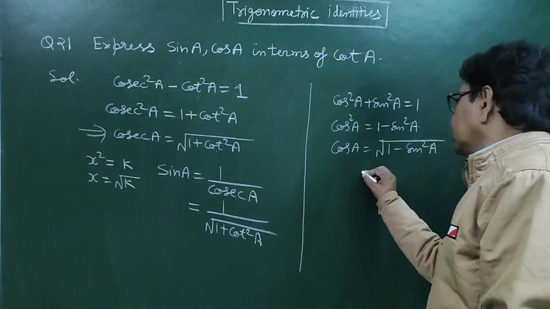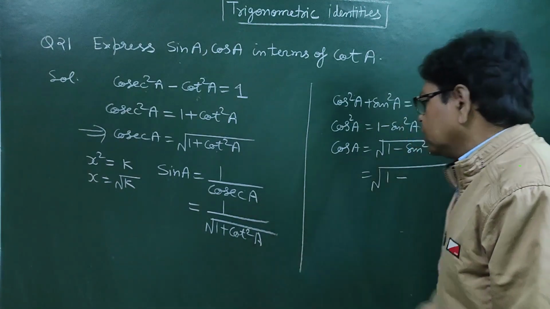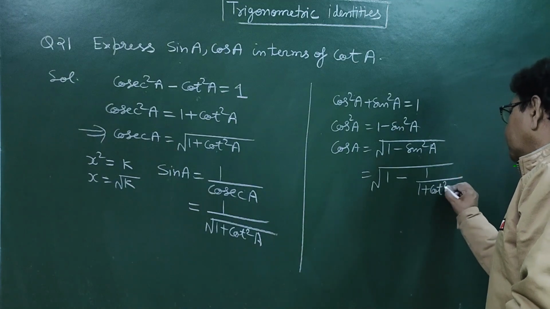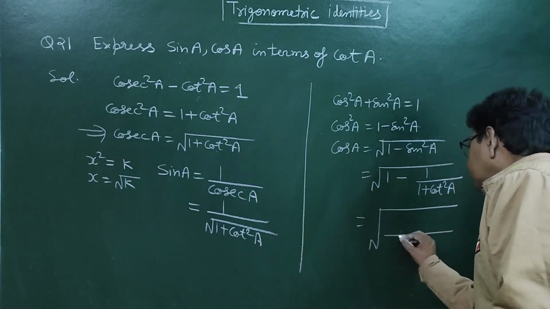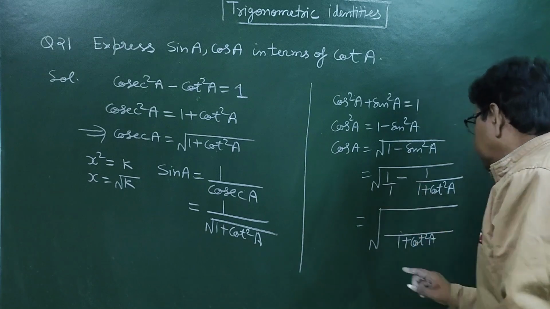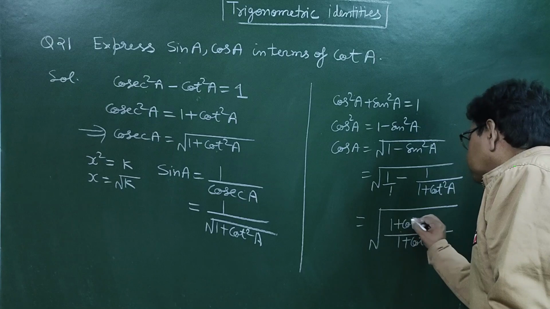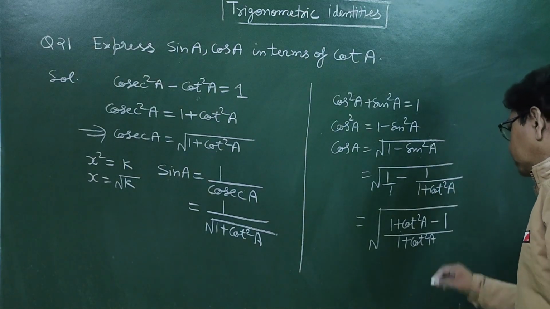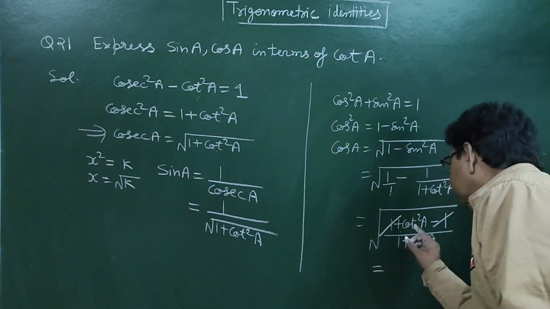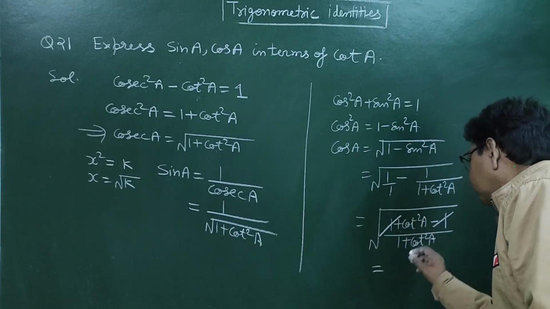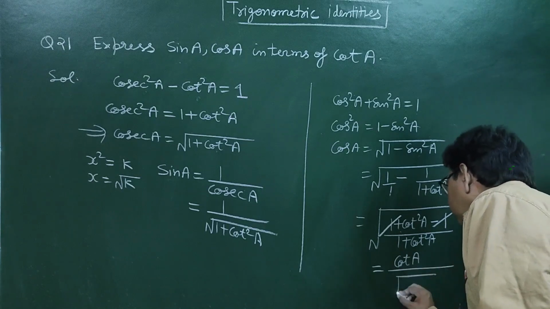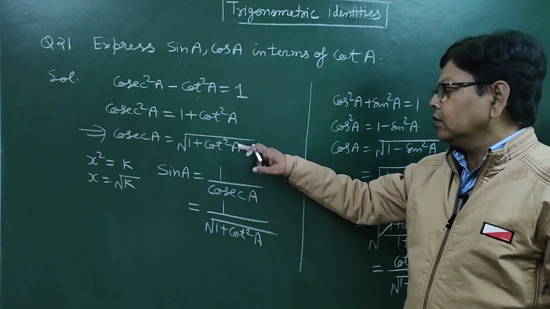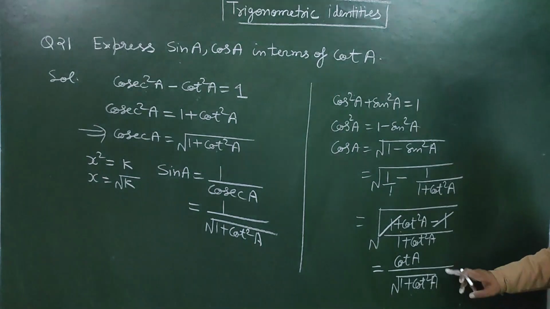Now putting the value of sin A here, we can write under root of 1 minus sin square A, that is the square of 1 upon under root 1 plus cot square A. If you square it, then 1 plus cot square A. On taking the LCM, it is 1 plus cot square A, and if you divide 1 plus cot square A by 1 plus cot square A and minus 1, 1 into 1 is 1 here, 1 and 1 is cancelled, and this is equal to square root of cot square A upon square root of 1 plus cot square A, that is cot A upon under root of 1 plus cot square A. So using the identities we have expressed cosec in terms of cot and cos in terms of cot.